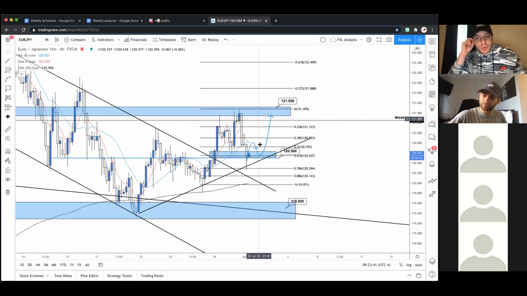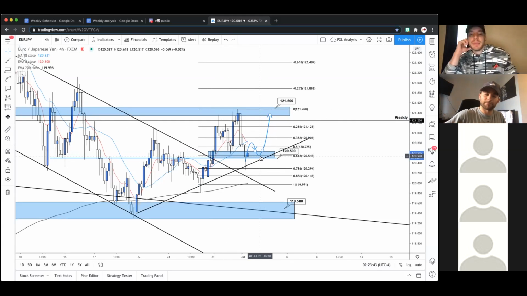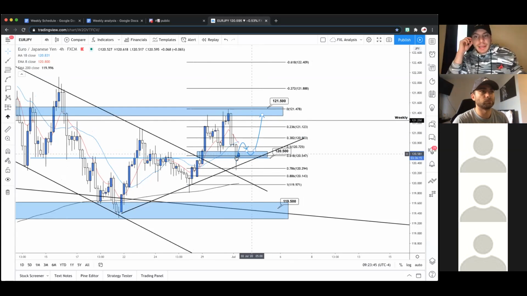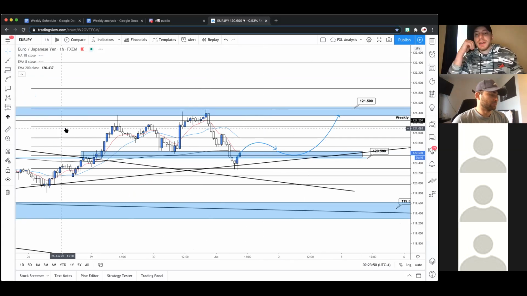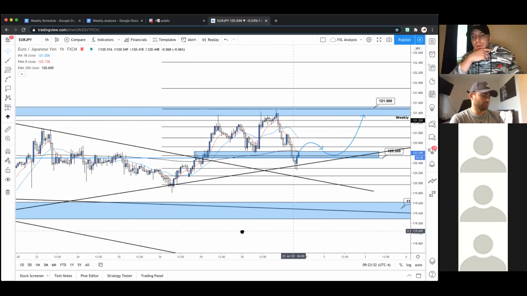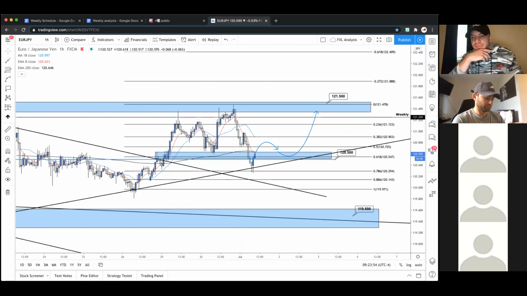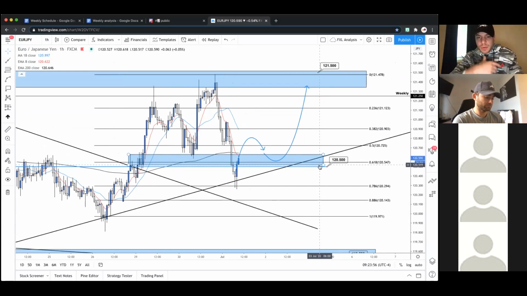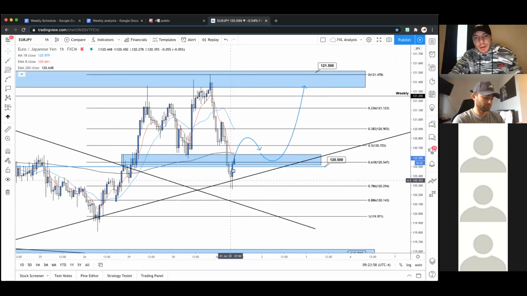So this is an even smaller range, right? But then price action bounced again, came back down, hit a 61.8 fib level. So this could be gearing up for a pretty good trade. Let me just zoom in on the 1 hour for you guys, give you a little bonus here. All right, so essentially this is a long wick on the 4 hour. So I'm going to consider this a 4 hour closure at the 61.8, which is great.